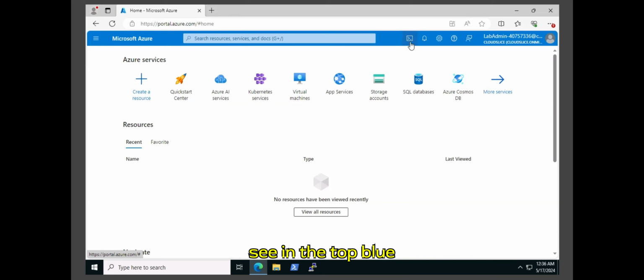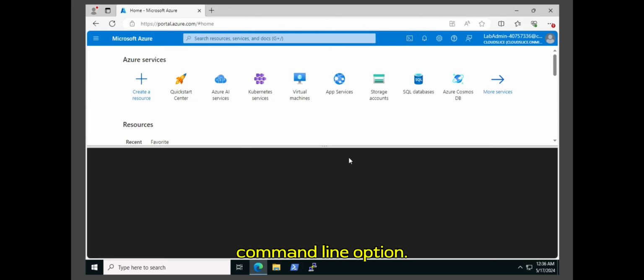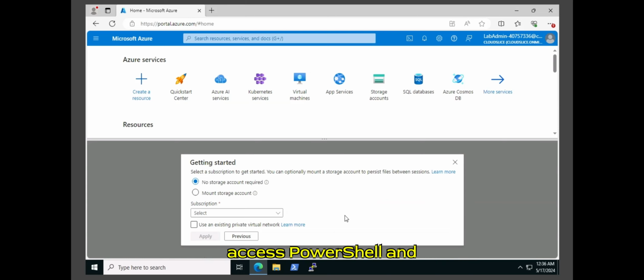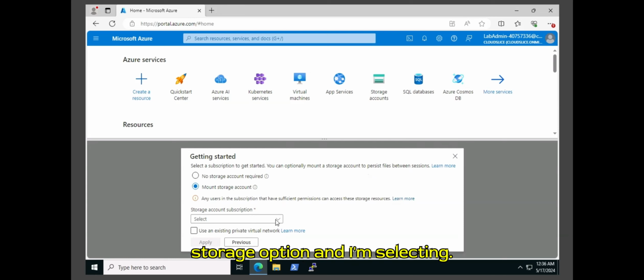Here you can see in the top blue right-hand side, this is the PowerShell or command line option. Now it is asking which command line you are trying to use. There are two options, Bash and PowerShell. I am trying to access PowerShell, and it's giving some options. So I'm choosing this mount storage option, and I'm selecting this subscription and applying,